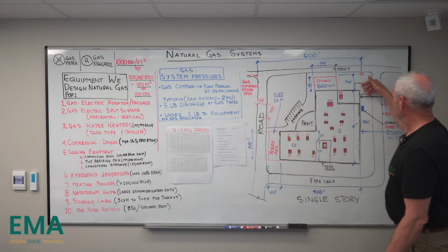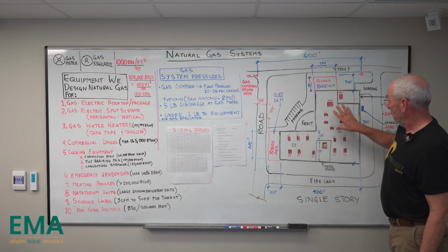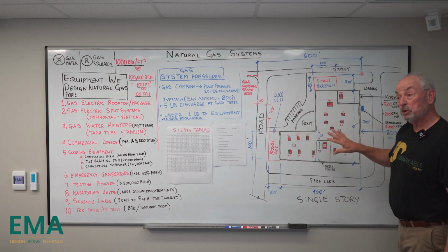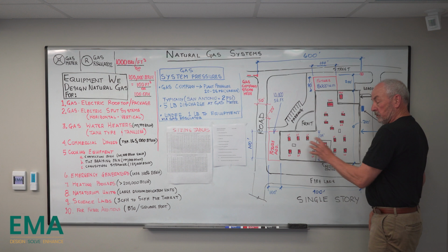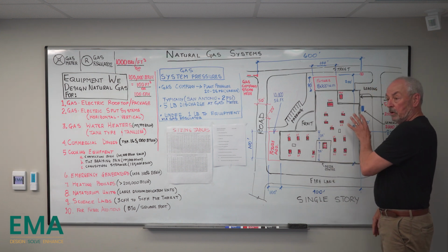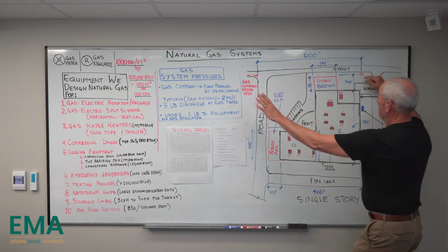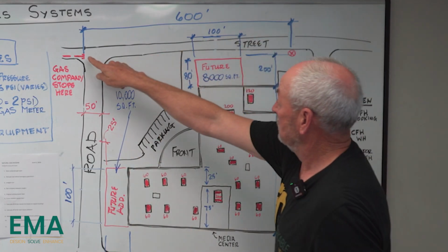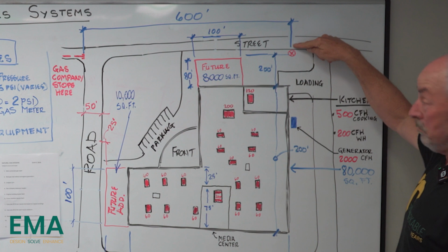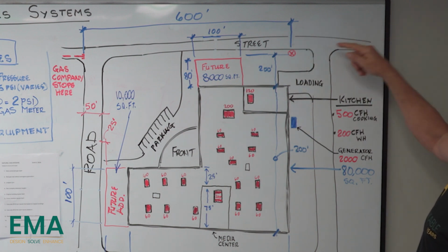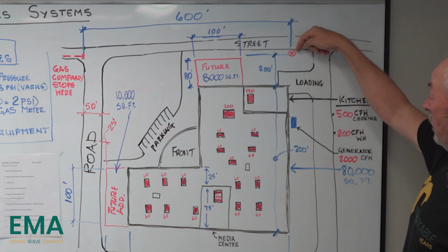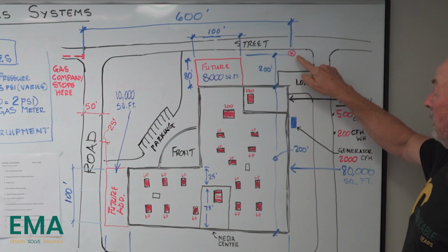And then once we get to where we're serving the building, we will zone and provide locations of gas regulators depending on what we're serving and go to less than 1 pound. Plant pressure, gas company extends it to wherever. They may stop down here, and then they provide a line across to where the gas meter is going, 5 pounds,